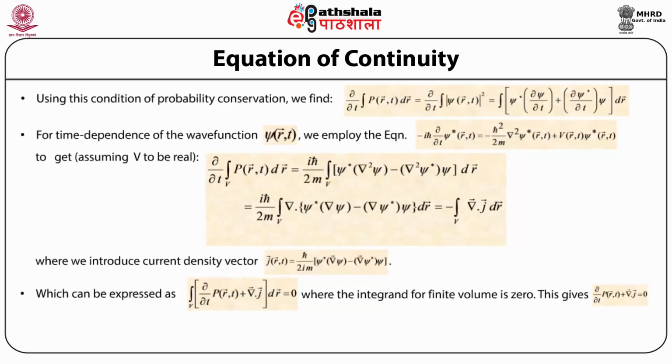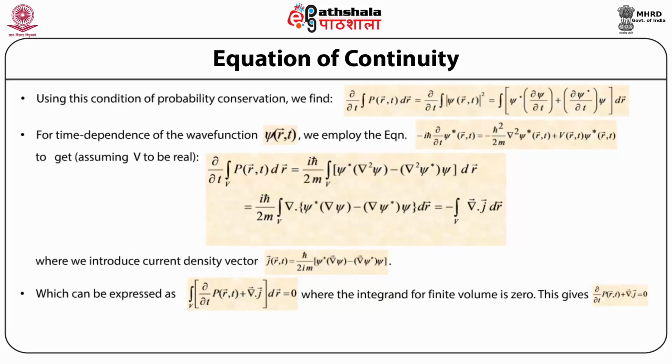Now, using the condition of probability conservation, we find that the partial derivative with respect to time of the volume integral over the probability density function ρ as a function of position vector r and time t is equal to the partial derivative with respect to time of the volume integral dr over the square of the modulus of the wave function ψ as a function of position vector r and time t, and this can then be written as